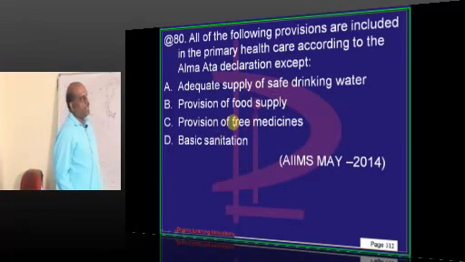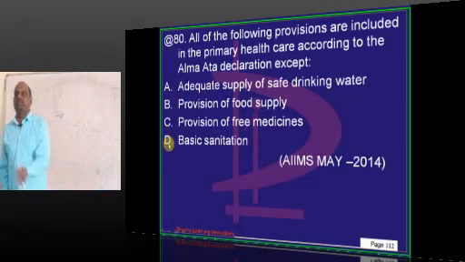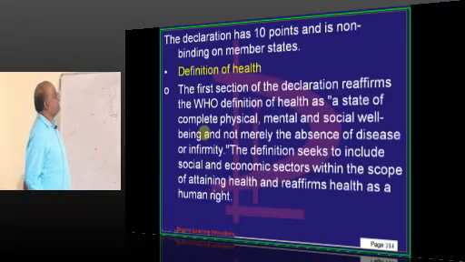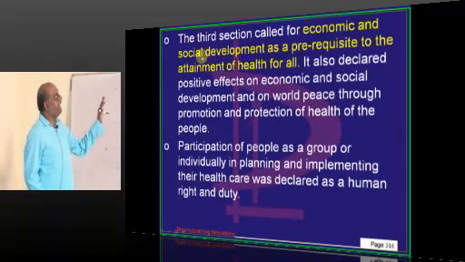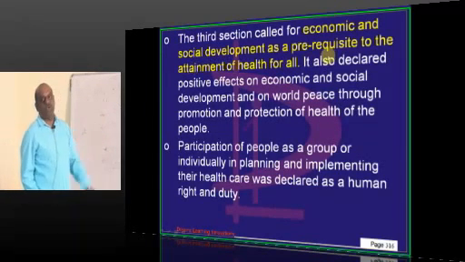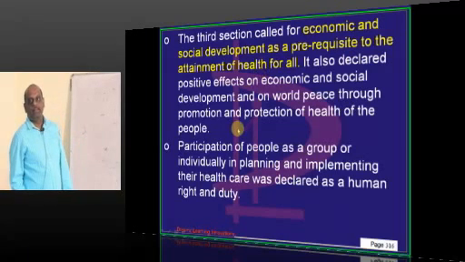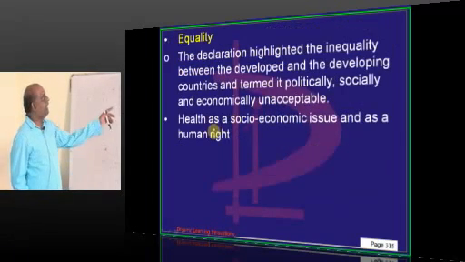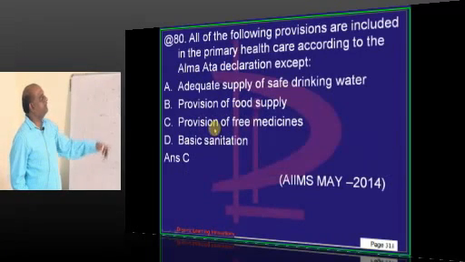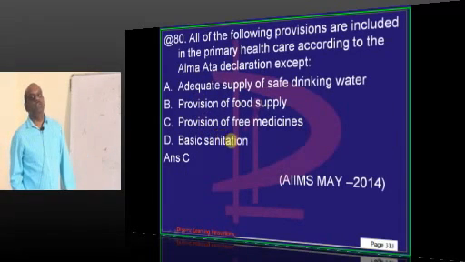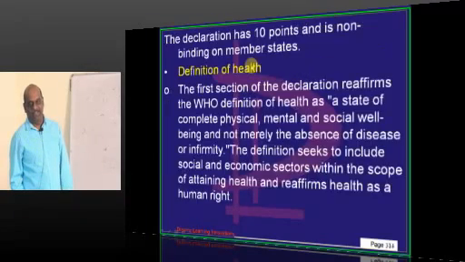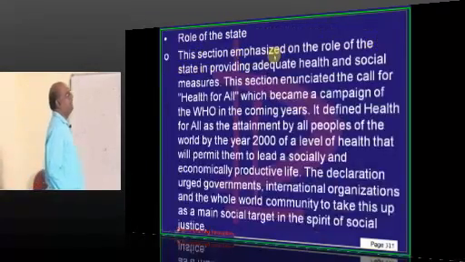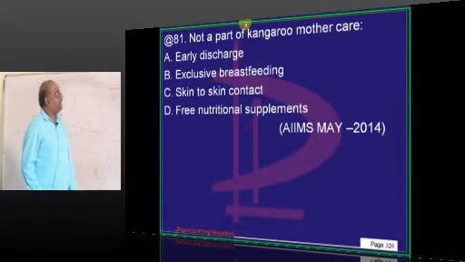Now, the Alma Ata Declaration typically has 10 points inside it. Definition of health, equality, economic and social development as a prerequisite of attaining health for all, etc. The examiner asked which is not included out of all this. Provision of free medicines was not decided in the Alma Ata Declaration. So that's a point you need to remember. Now, doctor,